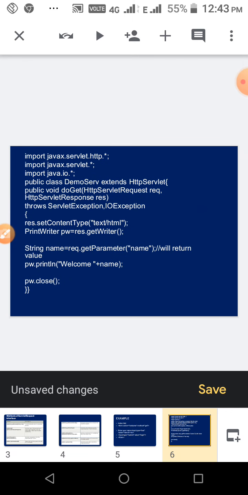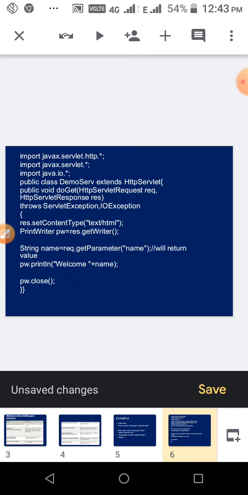In the next example, this is a servlet. By clicking the new servlet option from the project, you will get this servlet name. Inside that you have to write request.getParameter. This is the syntax we use to get the value of the parameter given in the design page. So the value we give in the text box is retrieved by using request.getParameter(name), and println will display that particular name. This is one example of how we use getParameter in a servlet program.